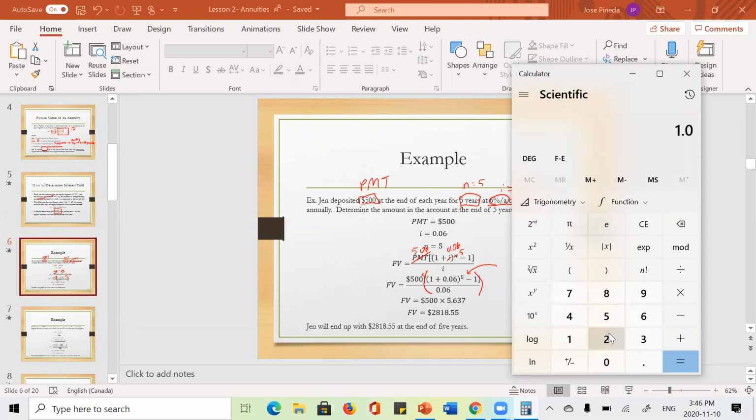So we have 1.06, and we are going to raise it to the power of 5 by using this little button right here. And then we take away 1, minus 1, and then we're going to divide by 0.06. So when I do this, I end up getting 5.637. I'm going to take that number and then multiply by 500. And that gives me a total answer of